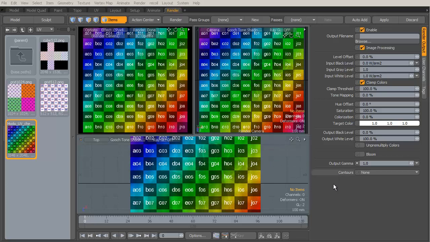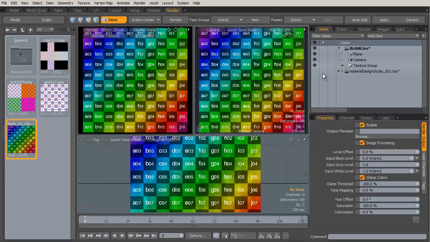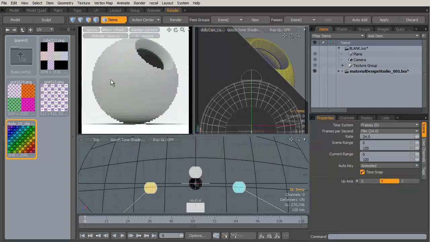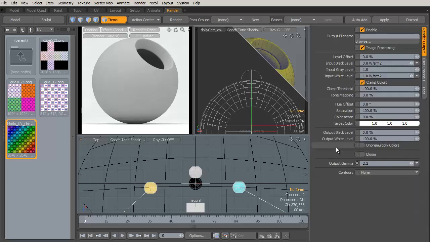Okay, so back in Modo, let's talk about what we've learned about gamma and how that applies to actual images. And to do that, let's look at a test scene here. This is the scene I've been using to create test materials lately, and I need this to be a really nice, balanced scene visually. And if I go over to my shader tree, you'll see that my final color output is set to render